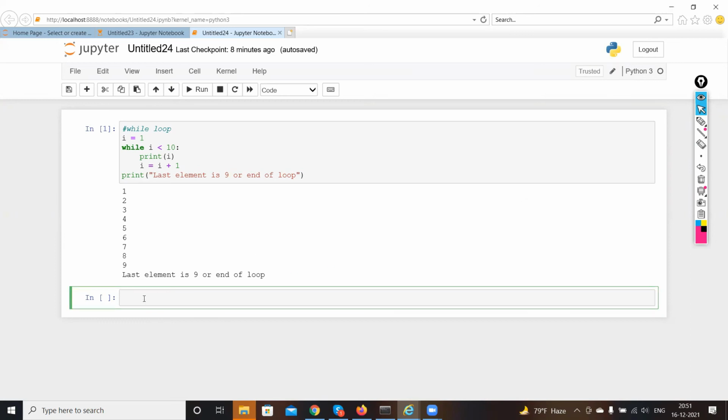So if I write the program, I'll be taking two numbers, that is num1 equal to int, I'll say input,